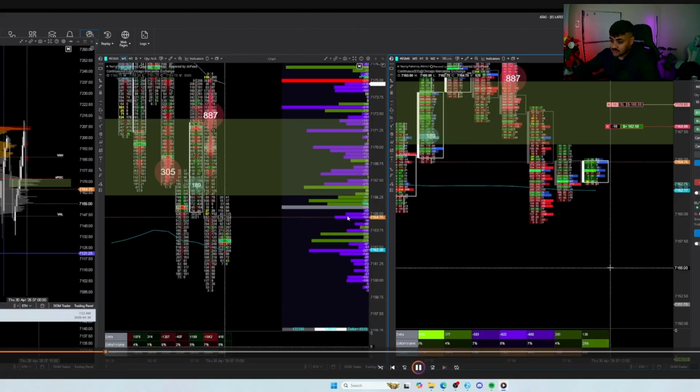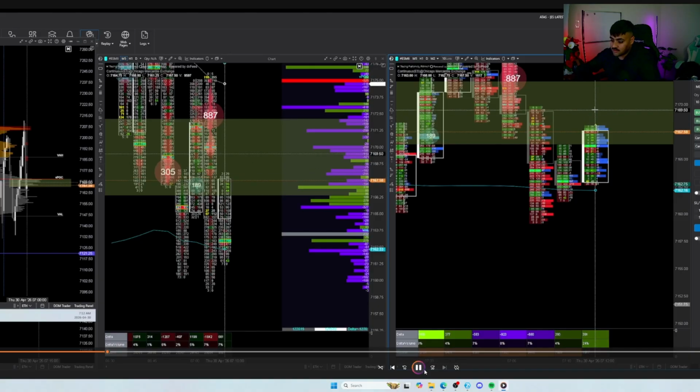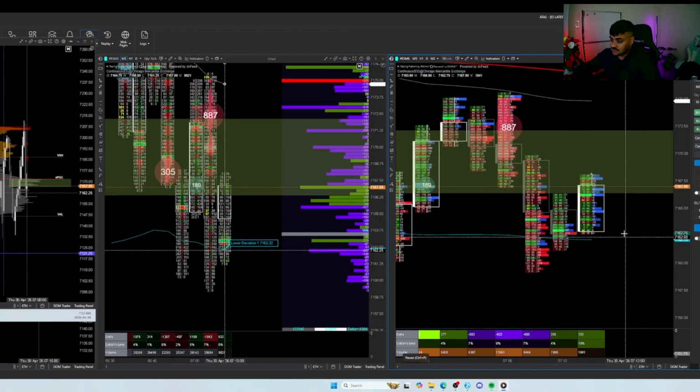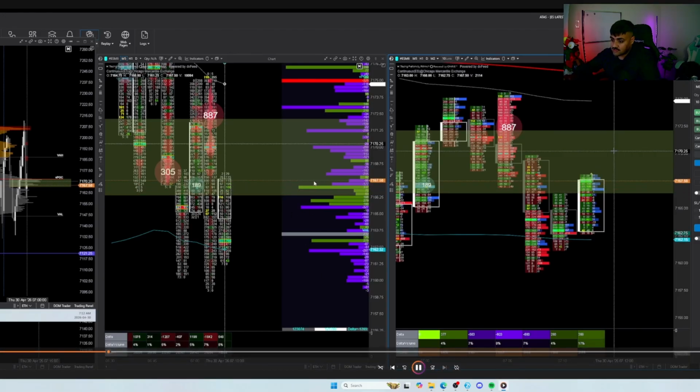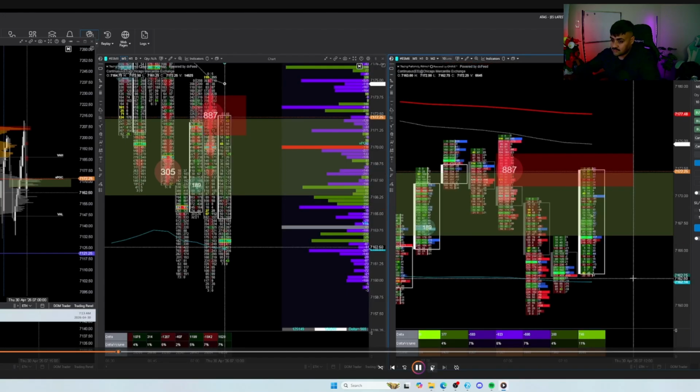So look at the zone. Look at that push up, the way it goes up aggressively, right? We're seeing a lot of imbalances, stacked imbalances being built. Buyers are trying to push this up right here. They're very strong in this level. Okay, look how strong these buyers are, the way price is approaching this level. Okay,